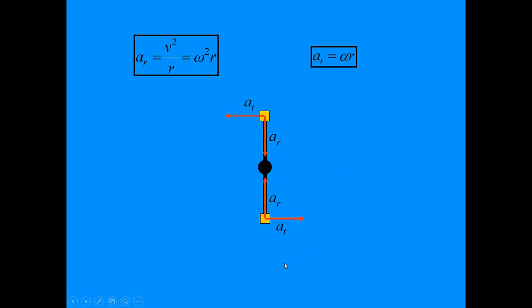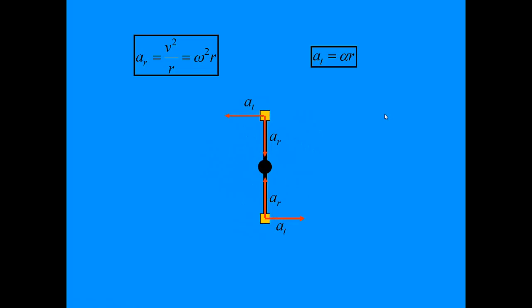So this is the part due to the changes in speed. So, if this object that I used yesterday is going to angularly accelerate, it would have a radial component acting inward, if we're looking at these 2 points out here, the brass masses at the ends. And we can calculate that radial component using either speed squared over radius or angular velocity squared times the radius. And it has a tangential component, notice, perpendicular to the radius by definition, that's what tangent is, of angular acceleration times the radius. And if you put that into motion,